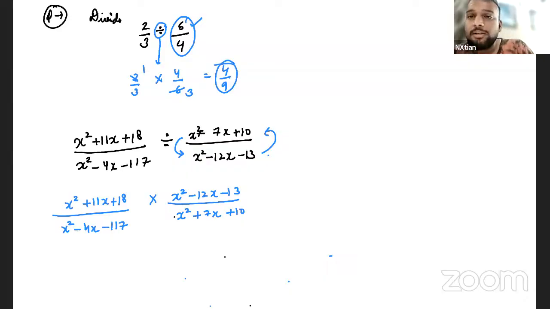Like understood this? Yes or no, Joshua? Now Joshua will tell me, are they in factor form? Are these numbers in factor form? They're not. What are the factors? Like they should be in multiplication form, like 2 into 3, 5. So like x plus 2 into x minus 3. So these are in factor form. But are these in factor form? No. So first we have to create factors.